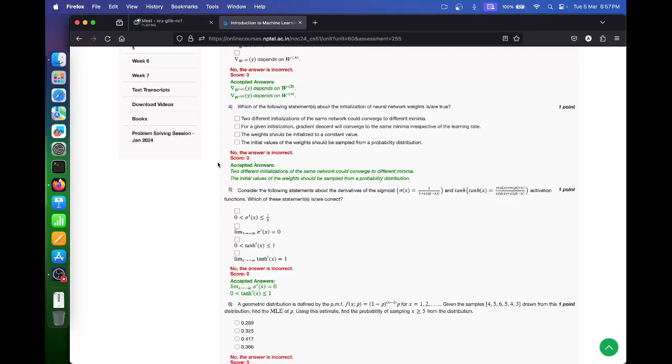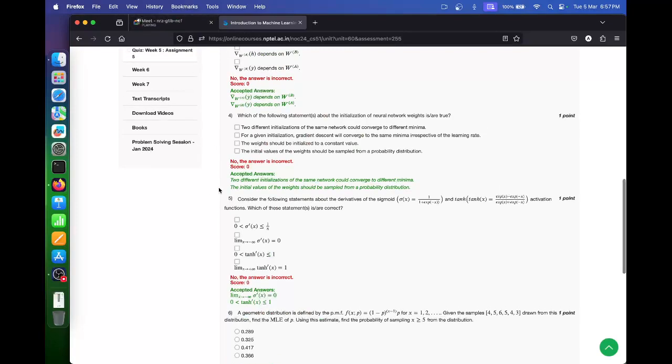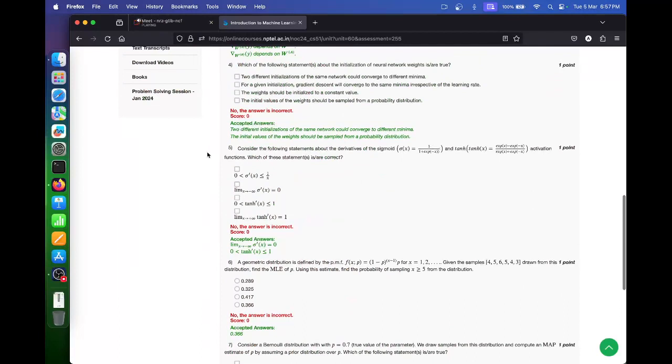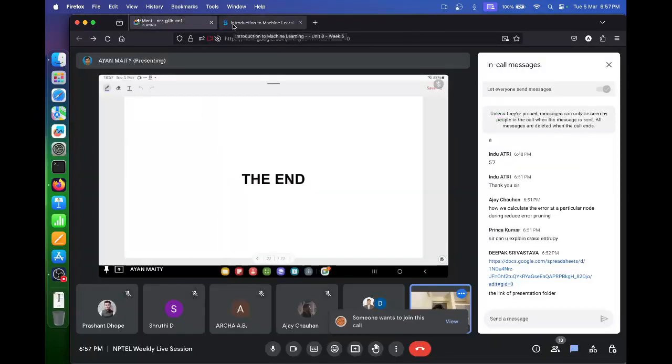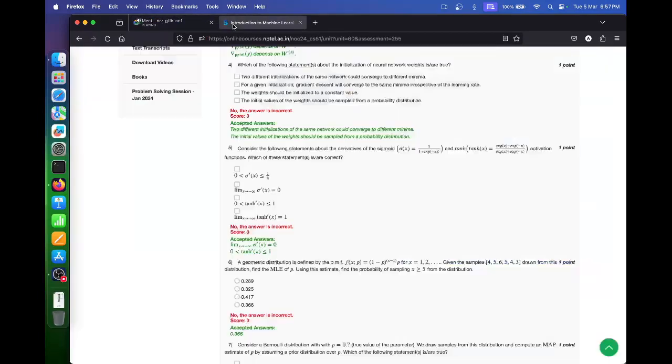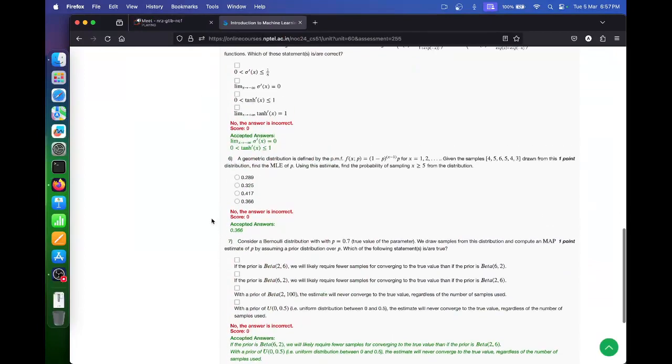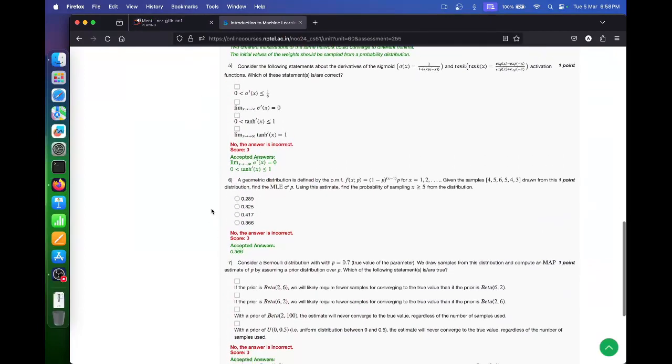Are you asking about question 5 of week 5, or which question? Question 6. Question 6, I think the explanation is also given in the solution PDF, that this